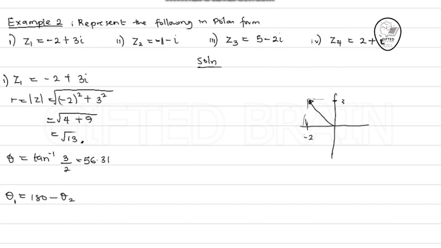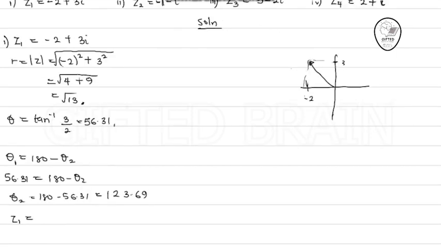And the theta 1 we got for the arg is 56.31. So 56.31 is equal to 180 minus theta 2. So my theta 2 will be 180 minus 56.31. And that will give me root 13 cos 123.69 plus I sine